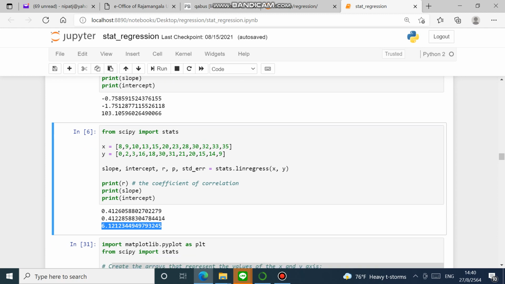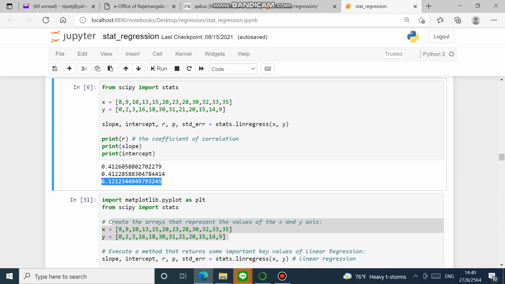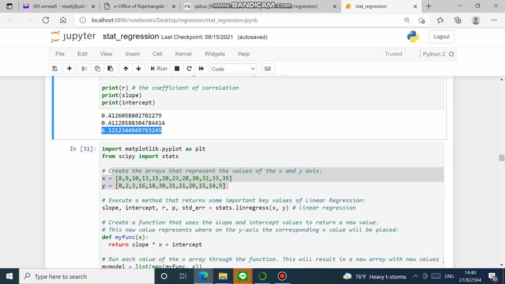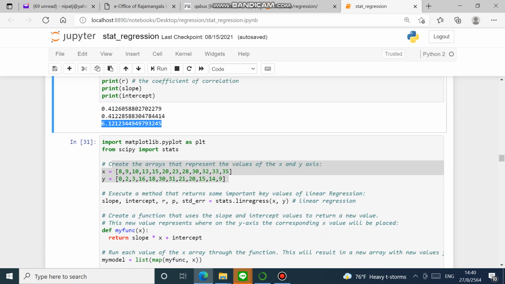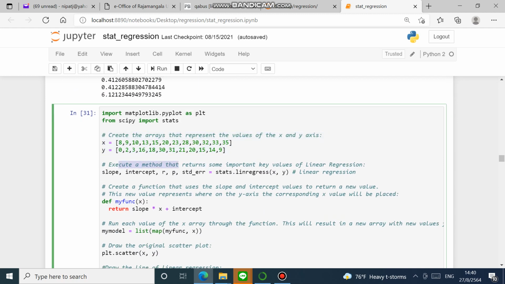If you want to identify the linear regression line, you do the same thing. Try to repeat it one more time. Create the arrays, and execute the method that returns some key values of linear regression,